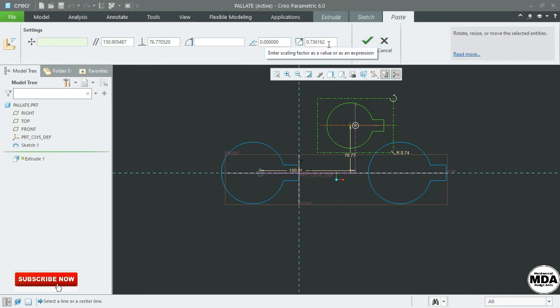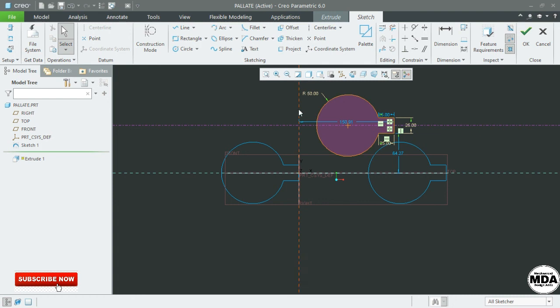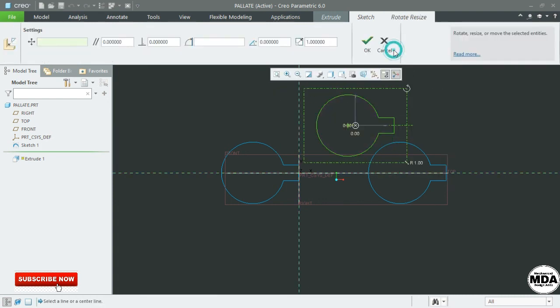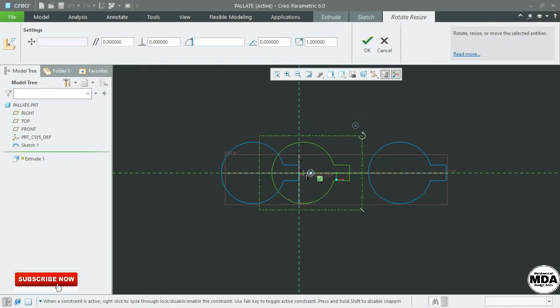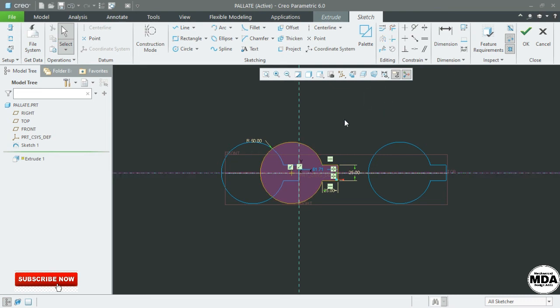Here you can select scale 1:1, because we need the same dimension. For that purpose we give 1:1 scale and select OK. Now I want to place it at the middle, so I select Rotate and Resize, place it here and say OK. Like this you can use the copy paste command.